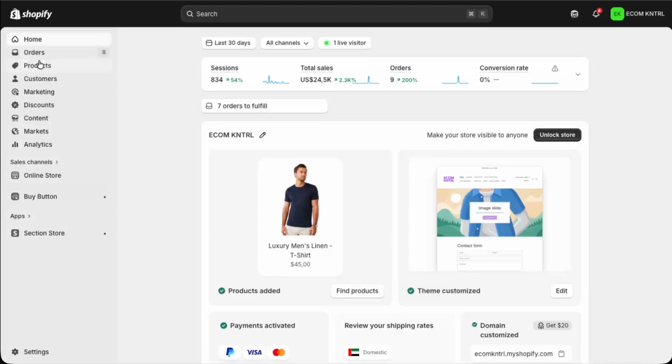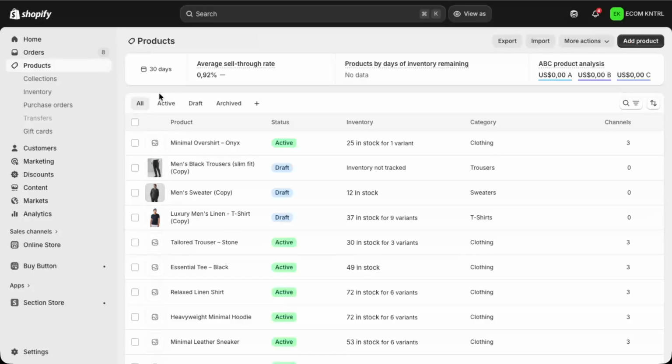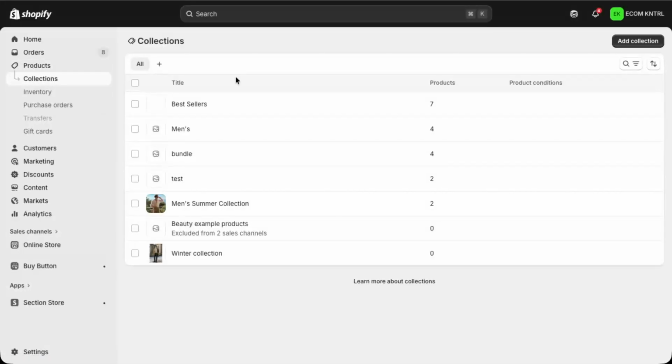On the left-hand side of the dashboard, look for the menu and click on Products. This is where all of your store's items, collections, and related settings live. Once you're on the products page, you'll see a few different options at the top. Next, click on Collections. This will open a list of all the collections you've created for your store, such as sale, new arrivals, or any custom categories you've set up. These collections group products together, and each one can have its own featured image, which is what we're about to